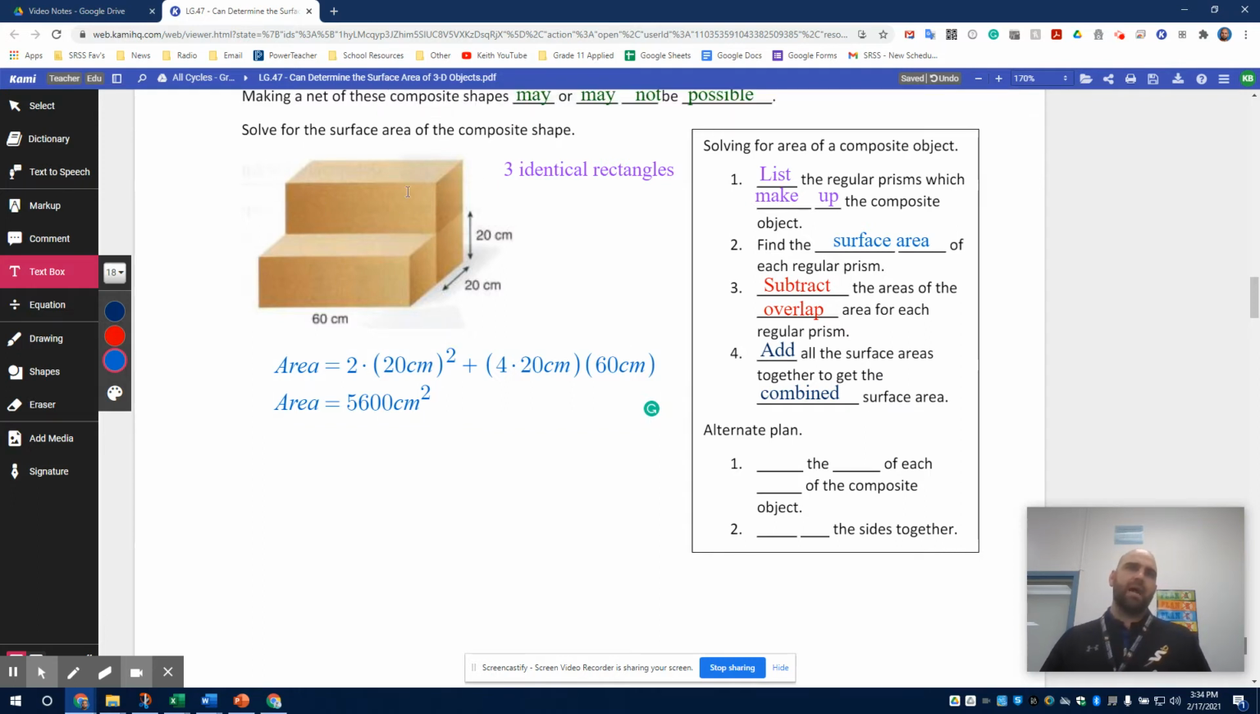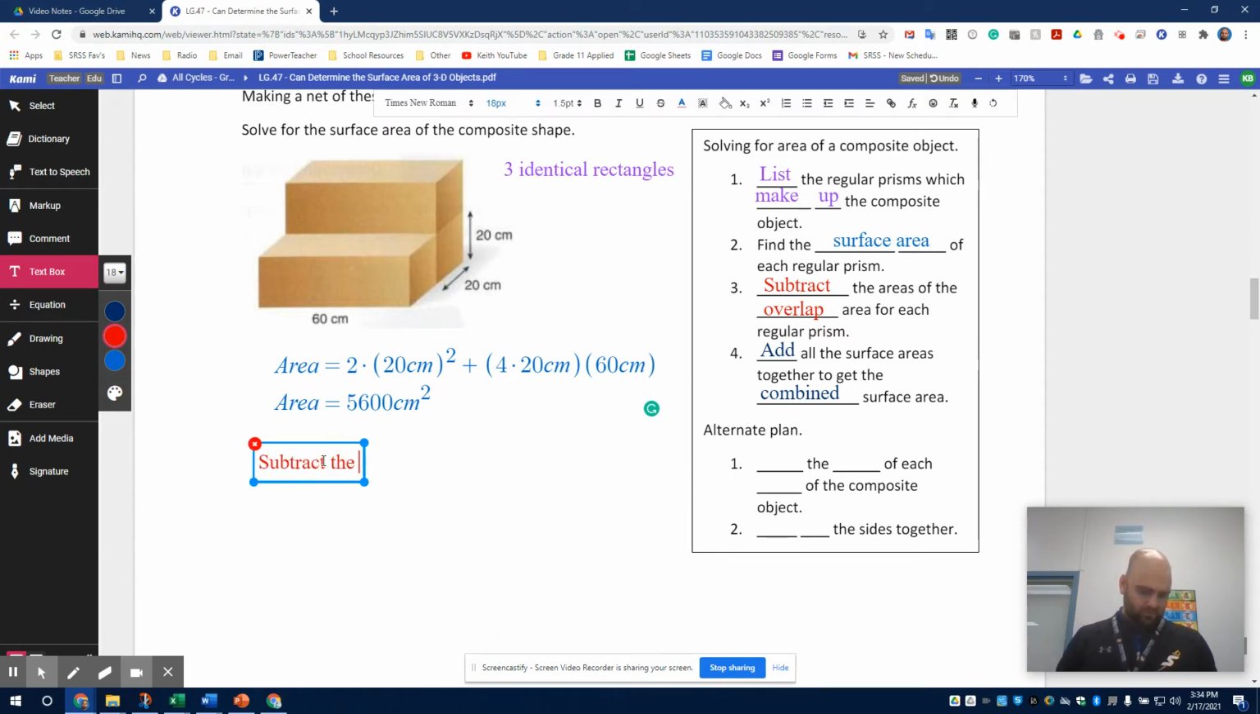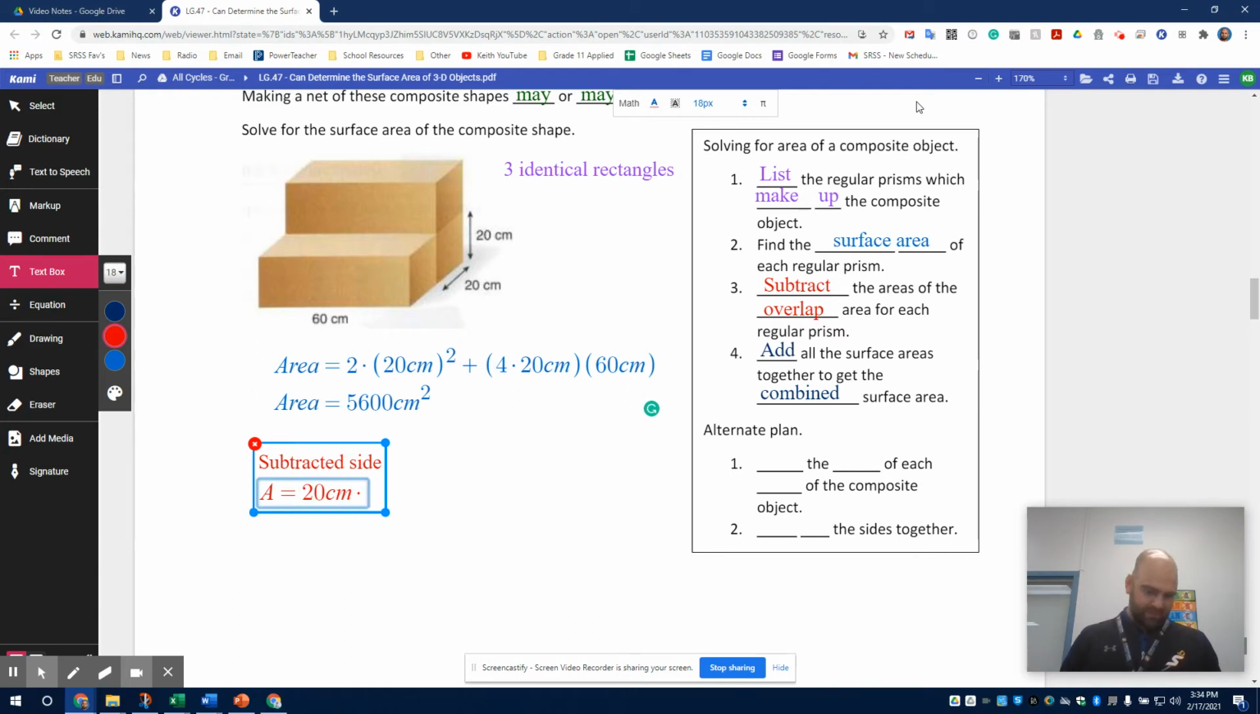So remember, we did this entire box, but we don't see the bottom. So we need to subtract that bottom piece. Okay, so I'm going to put this into red. The subtracted side: this is just the area of a rectangle. So the area is equal to 20 centimeters times 60 centimeters, and that is